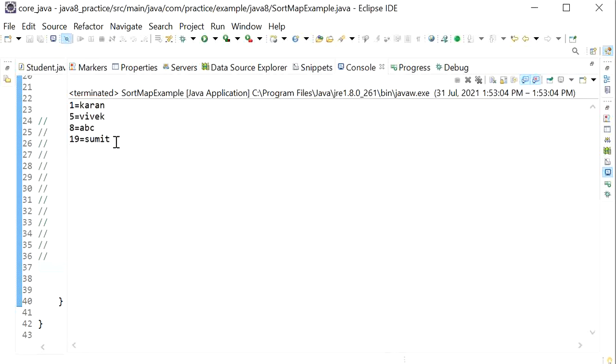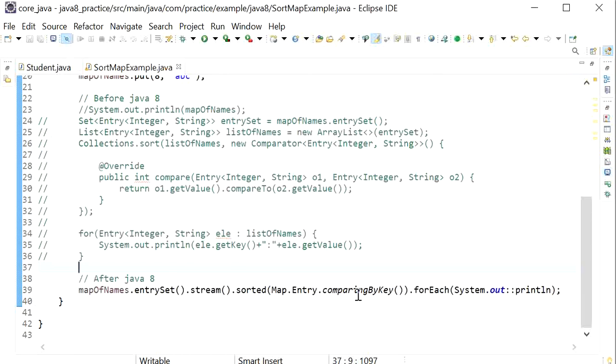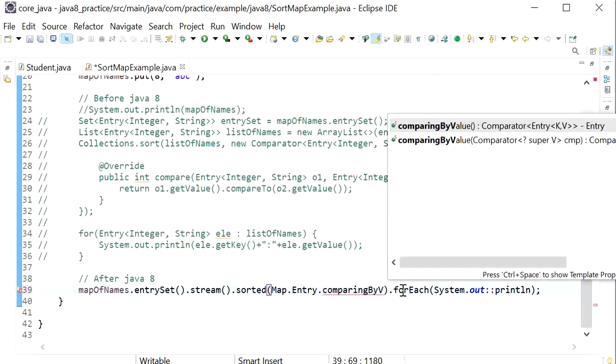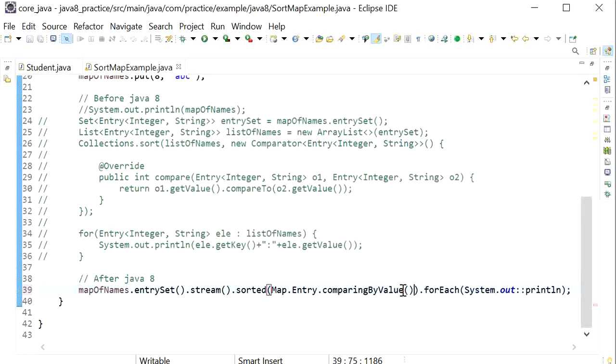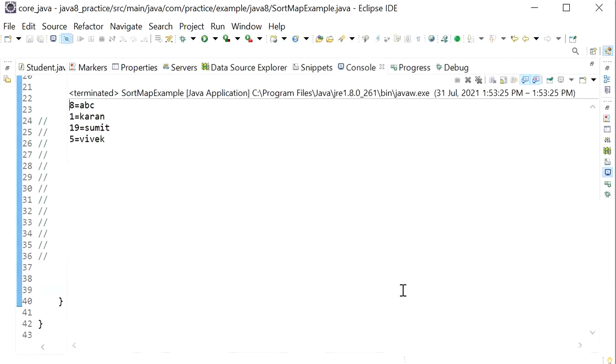If we want to print all the elements in sorting order based on its value, then we just need to change the function here to comparingByValue. If I run this again, we can see it is in ascending order, but based on the value of the object, that is A, then K, then S, and in the last V.